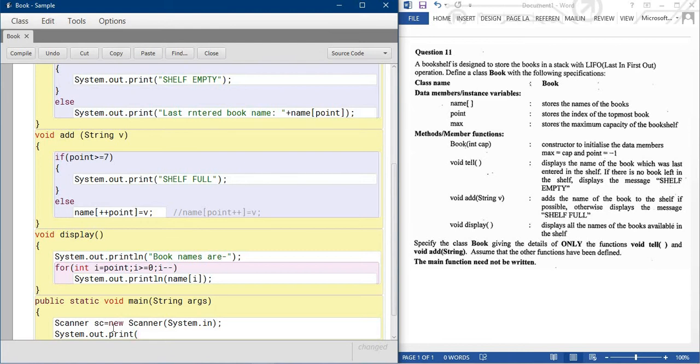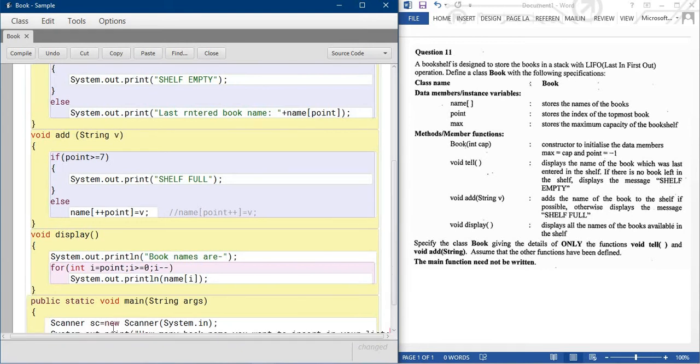Or you can write how many books you want to insert. Give a proper message so the user who runs the program understands clearly.